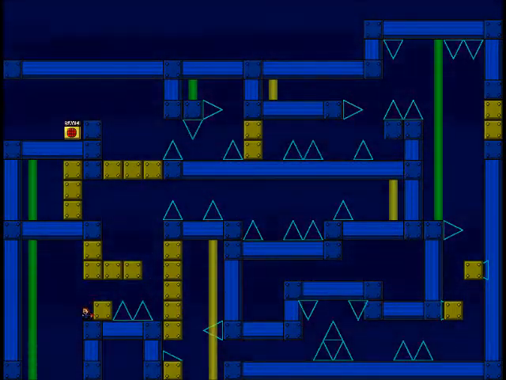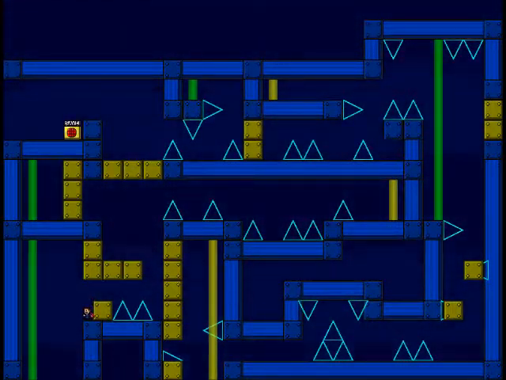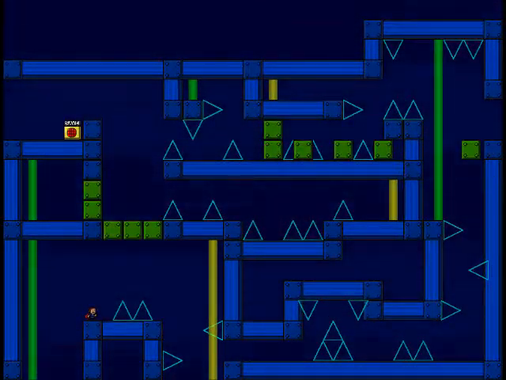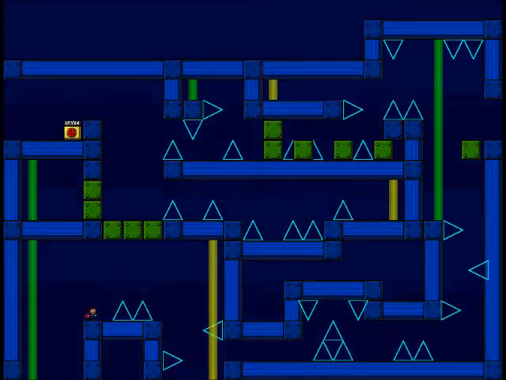So this is a kind of interesting one. For example, I've got a double jump here. When I hit that beam, I'm going to get a single jump. So what I want to do is get high up. This takes as many goes as it takes to do. I'm just being slightly cautious there. Make sure I'm as high up as possible when I touch the beam,